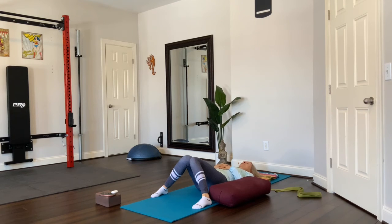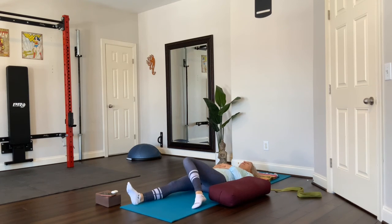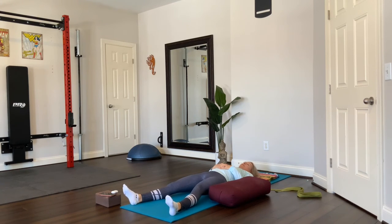Relax the shoulders. You can keep your legs like this with the knees bent, legs supporting each other, or extend the right leg to the right, left leg to the left. Shavasana. As you get on the mat, come to the mat and relax. Reposition anything that feels uncomfortable. You can place a blanket underneath or a bolster underneath your knees,